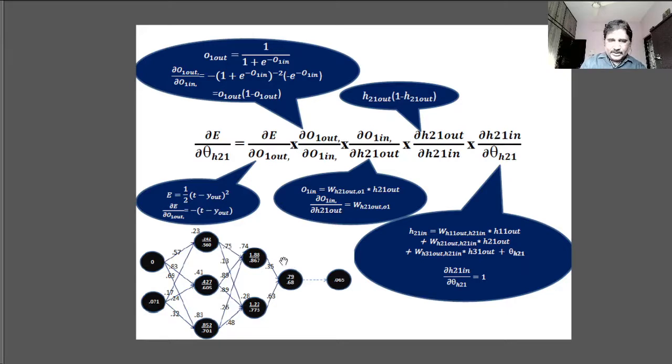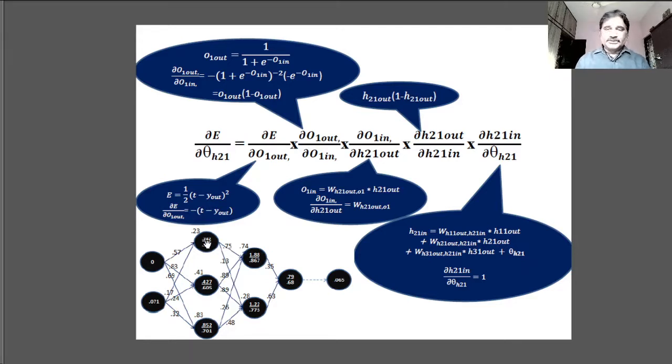Particularly I am talking about this neuron value, h21. In part of this neuron value is the first part. If I divide this neuron into two parts, the first half will be h21 in, and the other half will be h21 out, right? So this differentiation will be seeing how this h21 in is related to theta 21. Again, it is related by that summation formula, which goes like